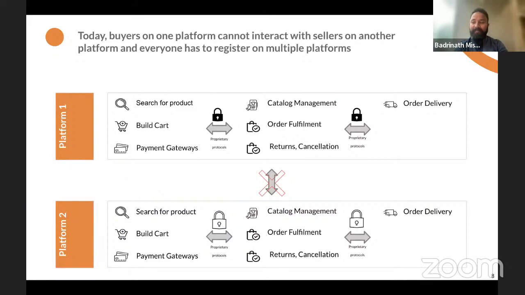On the other hand, price management, catalog management, order fulfillment, return and cancellation management, all these things done together we can call selling side or seller side activity. Now, if it is a physical product, it has to be delivered, so let's call that logistics side activity. On a platform model, all these three sets of activity are managed by the platform itself.